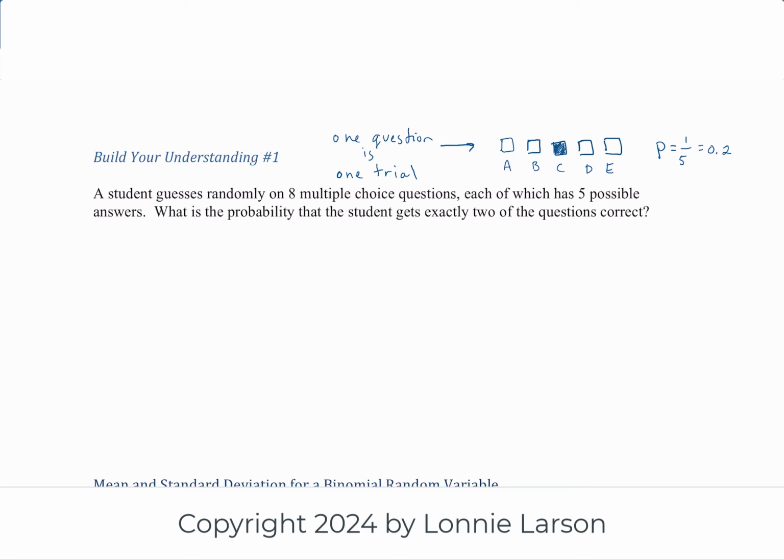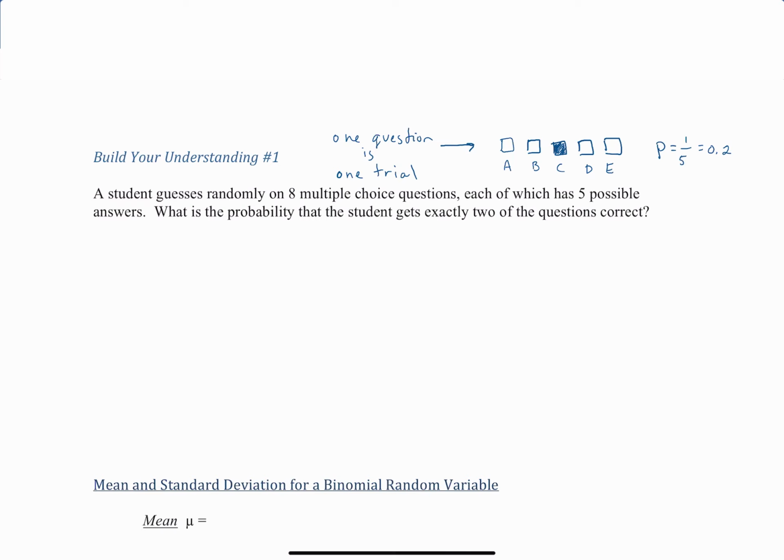Let's look at this build your understanding problem. We said that each question was a trial, so that means we have 8 trials because there's 8 questions. We said the probability of success on any one trial was 0.2. And we're interested in the probability that the student gets exactly 2 of the questions correct, in other words, exactly